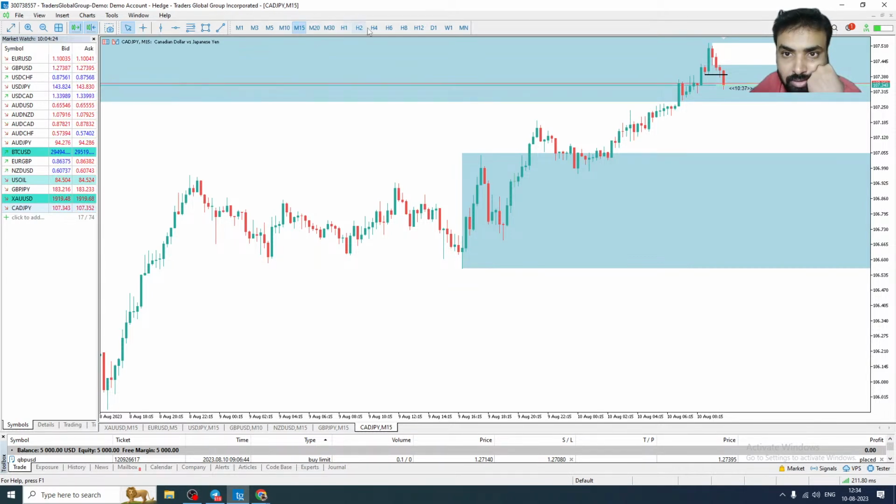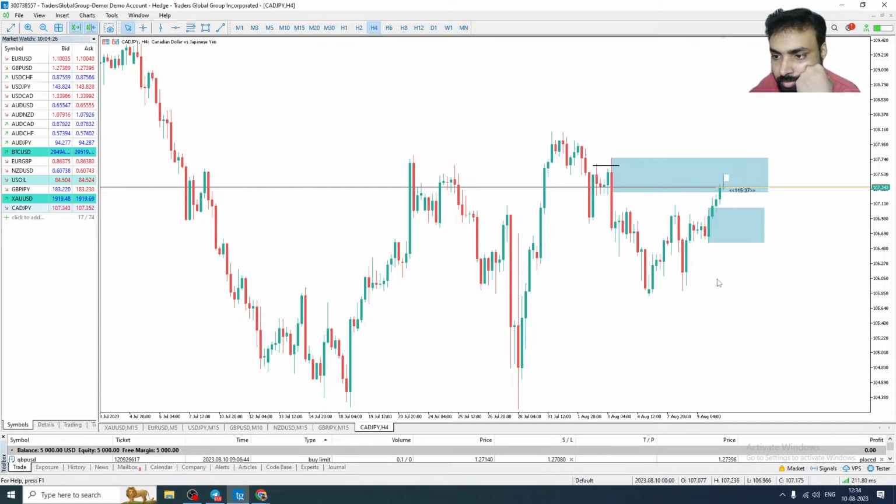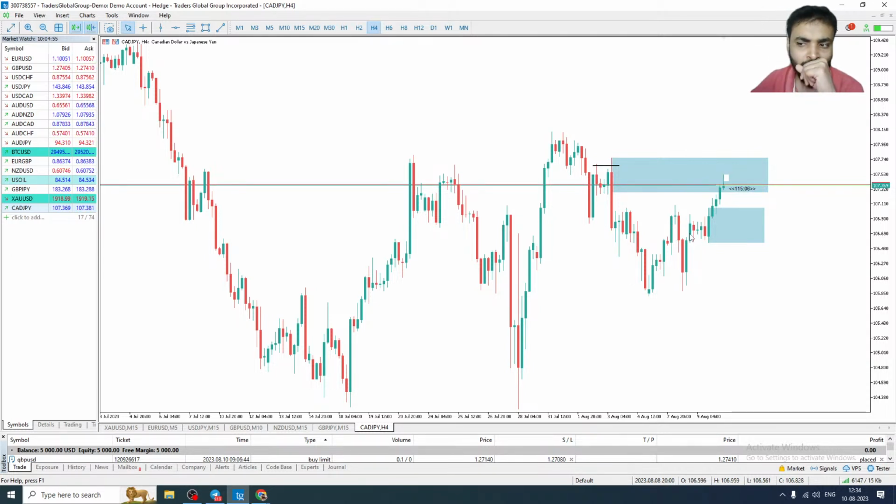Because you see the market has struggled to come up. But when it comes to the sell part, it is a big sell and a little bit of struggle, big sell, struggle, big sell, struggle, big sell. When it comes to the up movement, yes, there was a good movement, but then big sell, then good up movement, then struggling to go up. So the obvious choice is selling from here, maybe targeting this low.